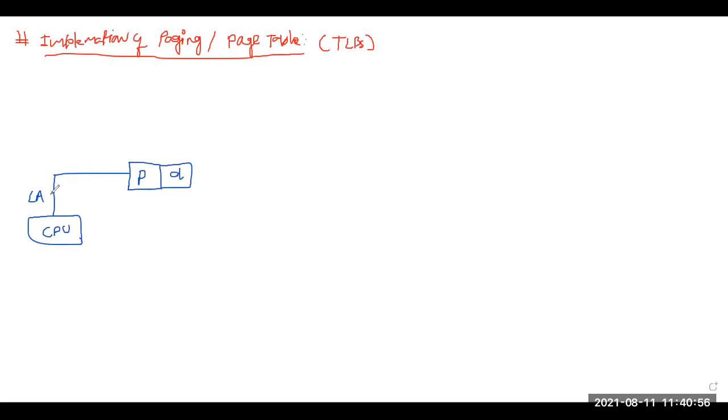What is the reason? It will take a much longer amount of time. So now we convert this logical address to a physical address. How is this conversion possible? It is possible with the help of a page table. So we take a page table. What is a page table? Is it hardware or software? Yes, it is software, or we can say it is a data structure. Now I have a page table.